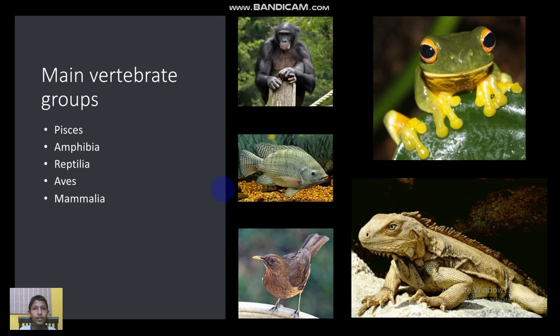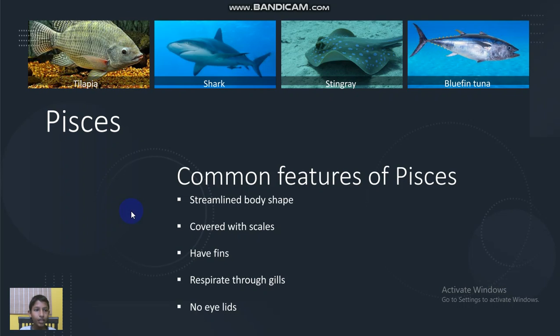Now let's see what the main vertebrate groups are. They are Pisces, Amphibia, Reptilia, Aves and Mammalia. Pisces. Some examples of Pisces are sharks, tilapia, stingrays, bluefin tuna, arowana, arapaima and all the fish in the animal kingdom. The common features of Pisces include that they have a streamlined body shape, which is really useful to swim